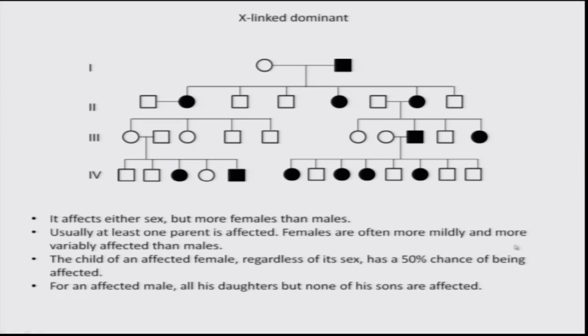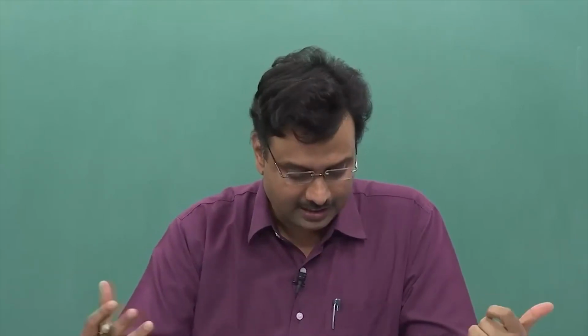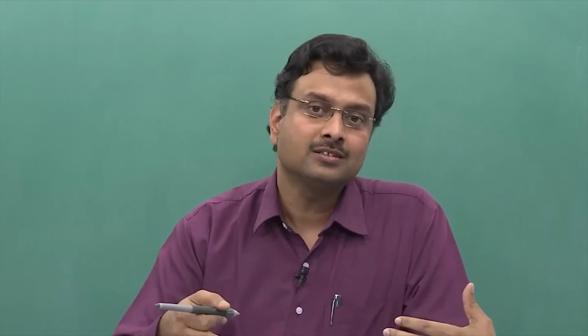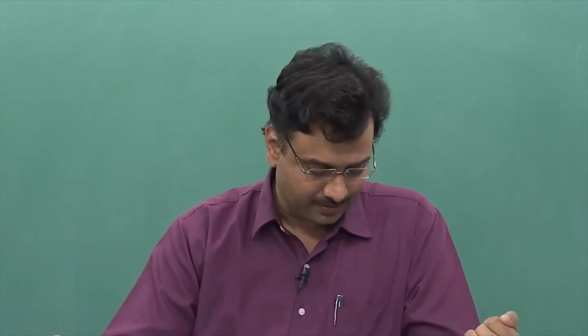But females are often more mildly or more variably affected than males because of a difference in the number of cells in which the given X is inactive. Because again there is X inactivation, you will have variability in terms of how severe the phenotype is, if it is a disease. The child of an affected female, regardless of its sex, has a 50% chance of being affected, because she has 2 X chromosomes and in her meiosis she is going to gift one. If she is a carrier, heterozygous,